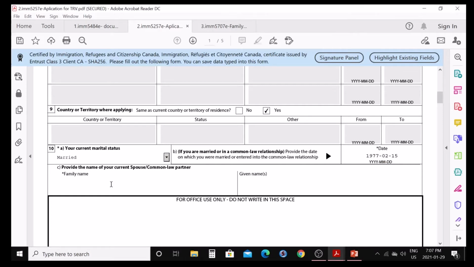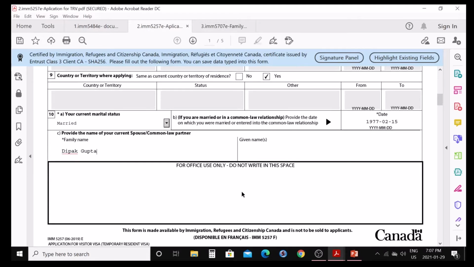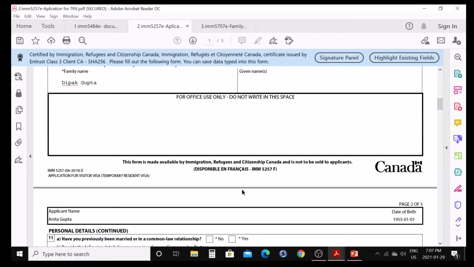So you're gonna write here, suppose, Deepak Gupta, and I'm leaving the given name blank. But if you have both names on your passport, you can write Deepak in given name and Gupta in the family name. Let's move to next question.